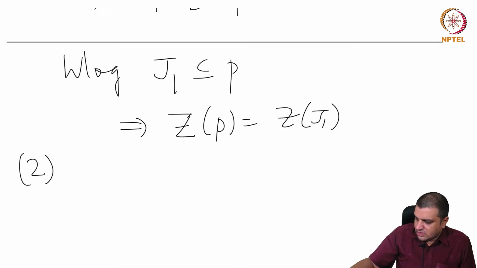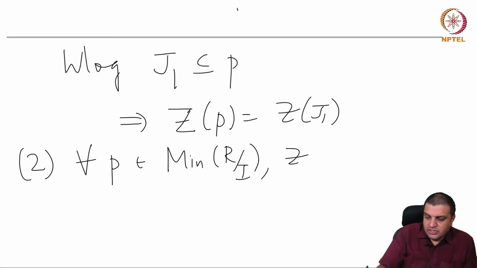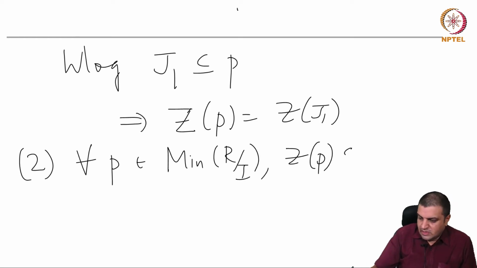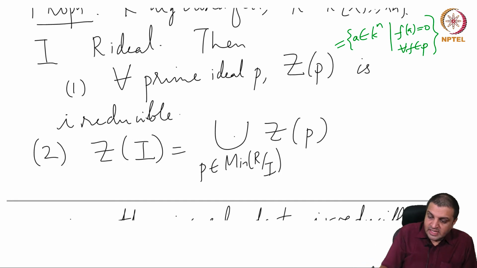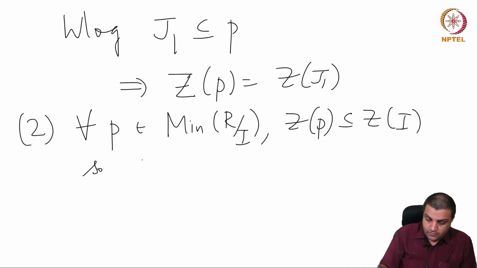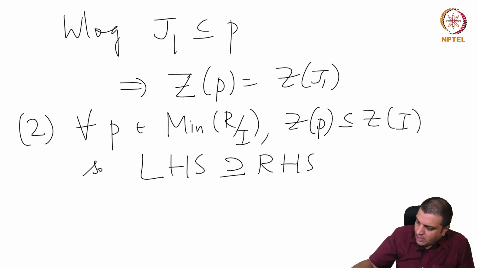So one direction: for all P in min R mod I, Z of P is clearly inside Z of I. So the left hand side of the statement 2 contains the right hand side of the statement 2, and for the other direction,